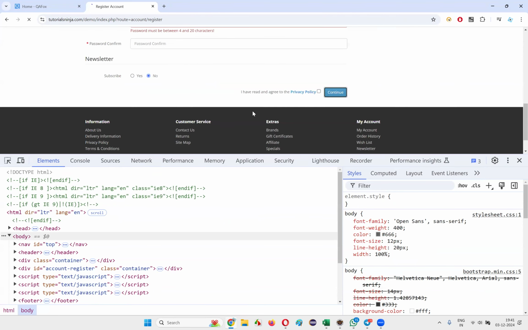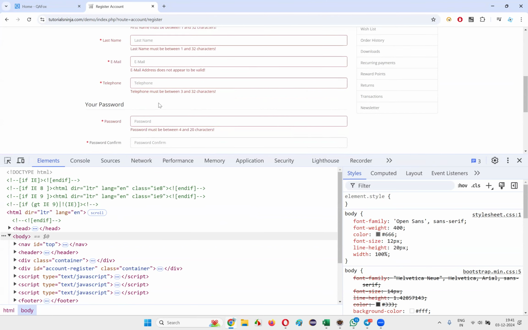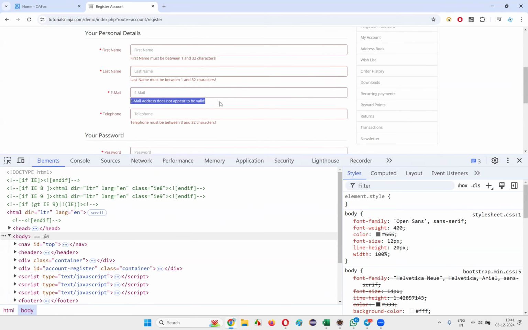If I don't enter anything, what comes here is "email address does not appear to be valid." If you don't enter anything, that message will come. But if you enter something with a big size email address, more than 32 characters, email.com,